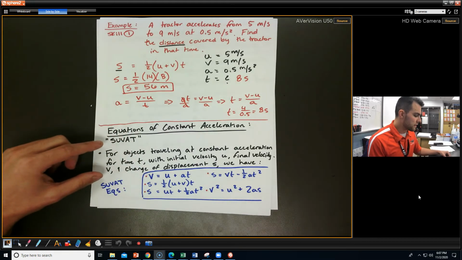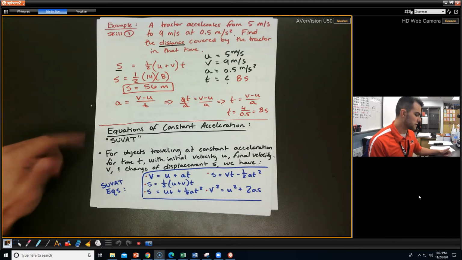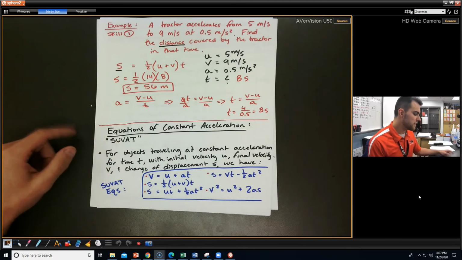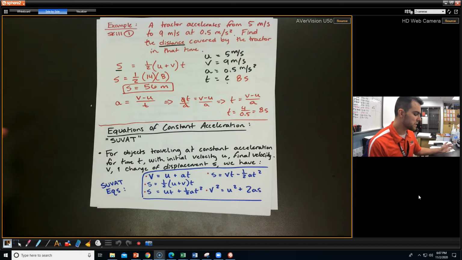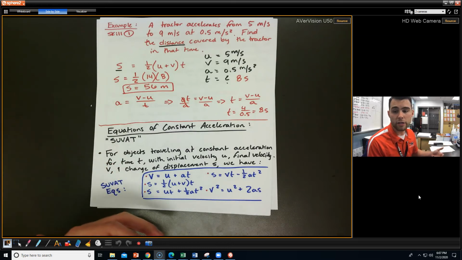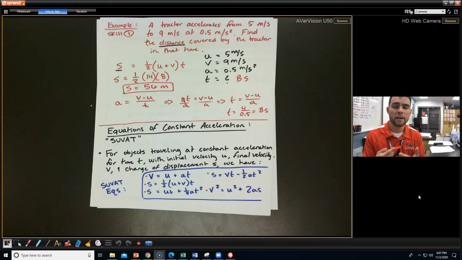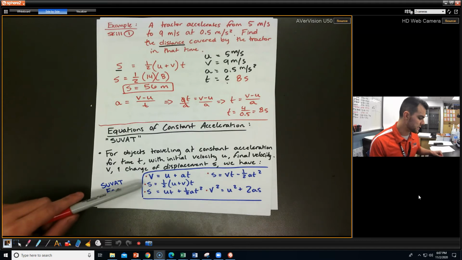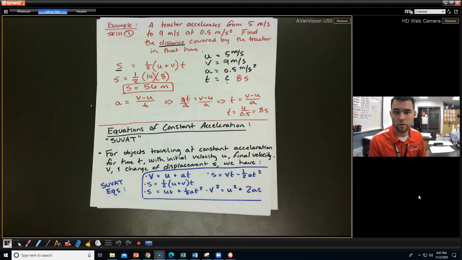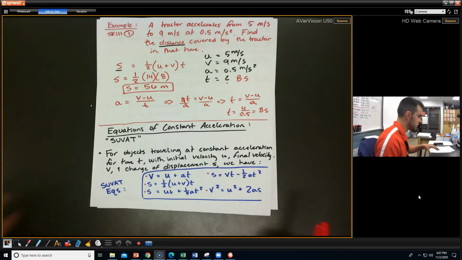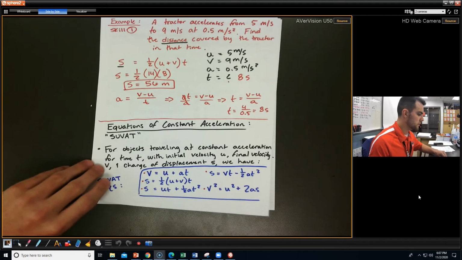For objects traveling at constant acceleration for a time t with initial velocity u, final velocity v, and the change of displacement s, we have these 5 equations. They all really are equations that come from one another. So for example, I could take this guy and derive some of these other equations. I'm not worried about deriving. I'm more concerned with, can we use these equations? All right? So we'll pause the video if you have to write these down, but as I record, I'm going to move on to the next part of this,